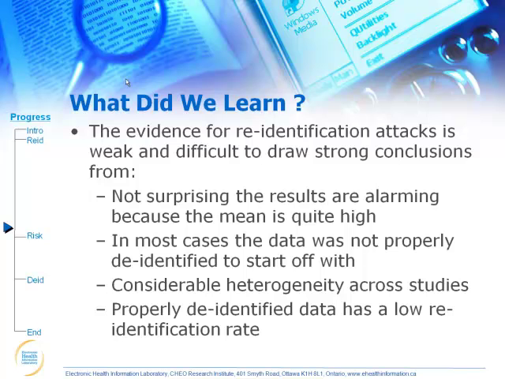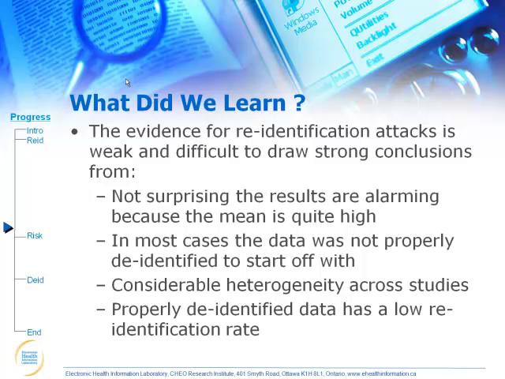And so it's not surprising that the claims that were made about this easy re-identification result were alarming, because they included examples of poorly de-identified data as well as properly de-identified data. When you put all these together, you have such a high hit rate of 26% of your database being re-identified on average. That's an alarming number, but it includes the good ones and the bad ones. When you remove all the bad ones, you end up with a very low hit rate. So I think the main conclusion from all of this is that the evidence doesn't support that claim, at least the evidence that exists today.